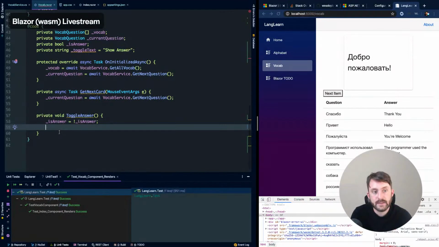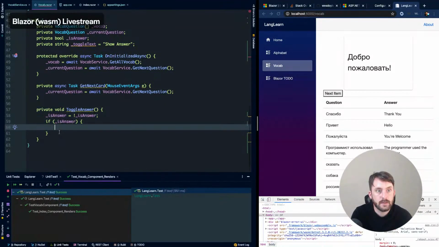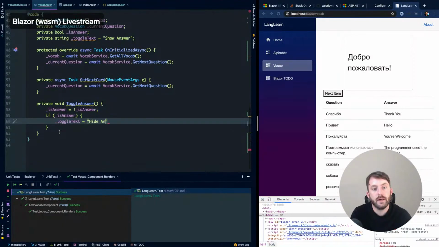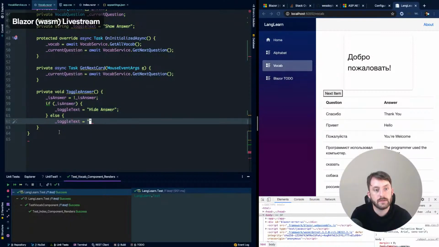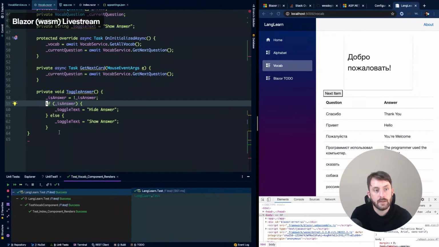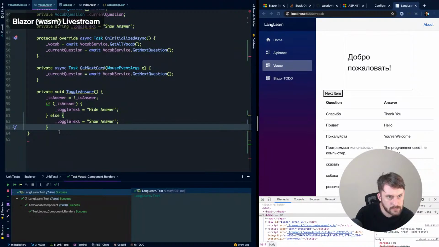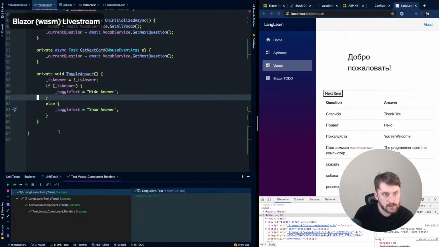And then here what we can say is, if is answer, we'll assign toggle text to be hide answer, else toggle text is show answer, and then we could make this a ternary,